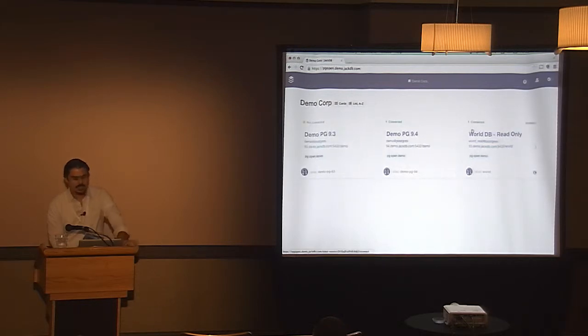All right. So when you log in, the first thing that you see is the data sources that you have access to. First thing you'll notice, since I logged in as myself, that's the only time I'm going to have to authenticate with this system. From now on, JackDB knows that I am Bob. So whatever Bob has access to, we go from authentication now to authorization to figure out what I can do. So you see here I have these 3 different databases. I'll connect to one of them.